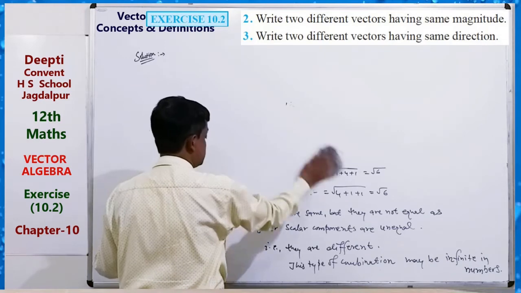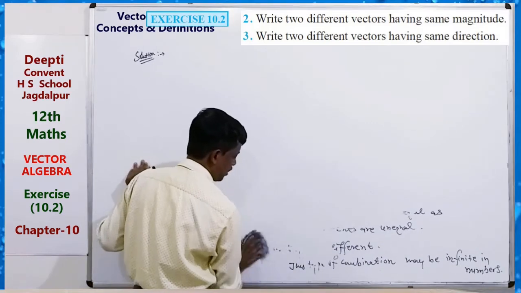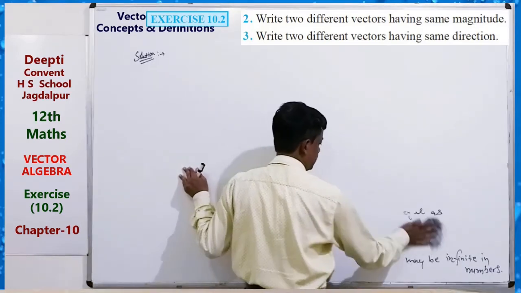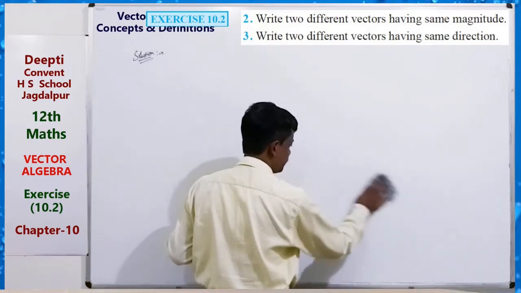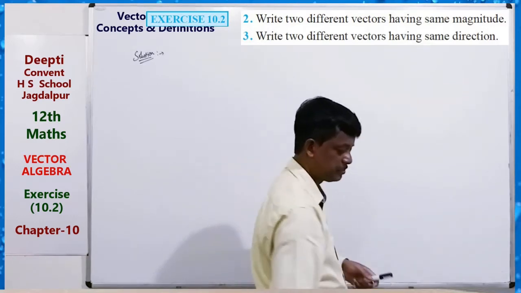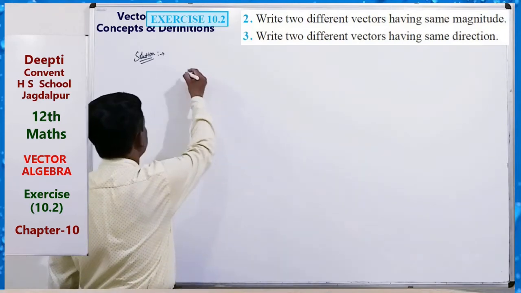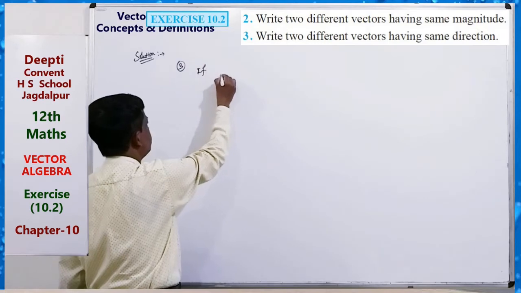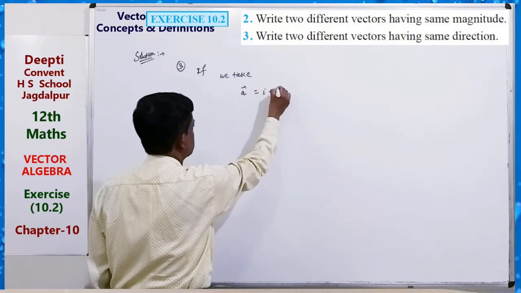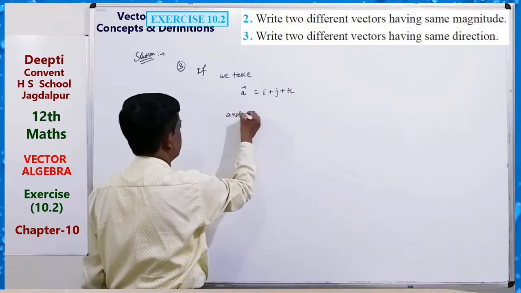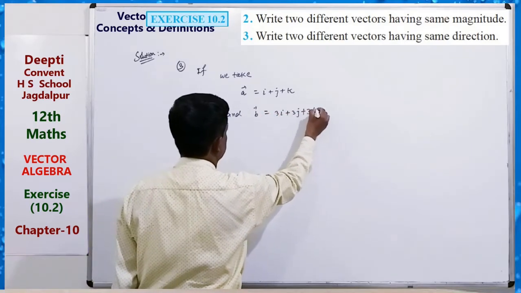Same direction vector, direction same means, if we take vector A equals i plus j plus k and B equals 3i plus 3j plus 3k, then